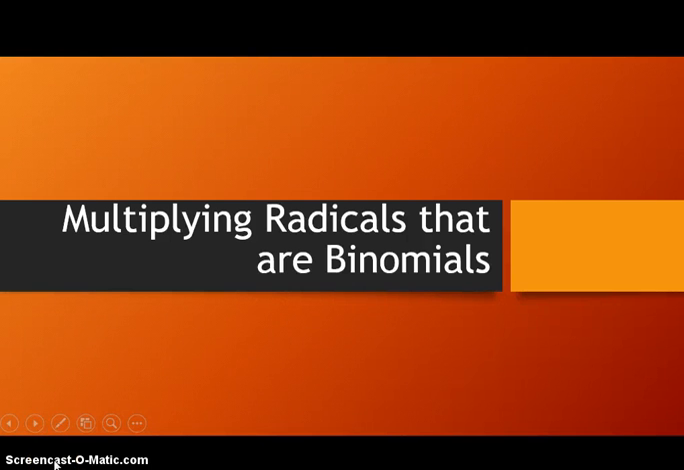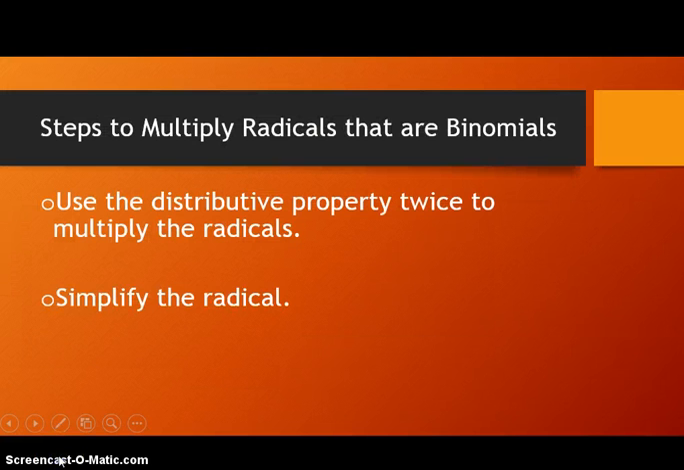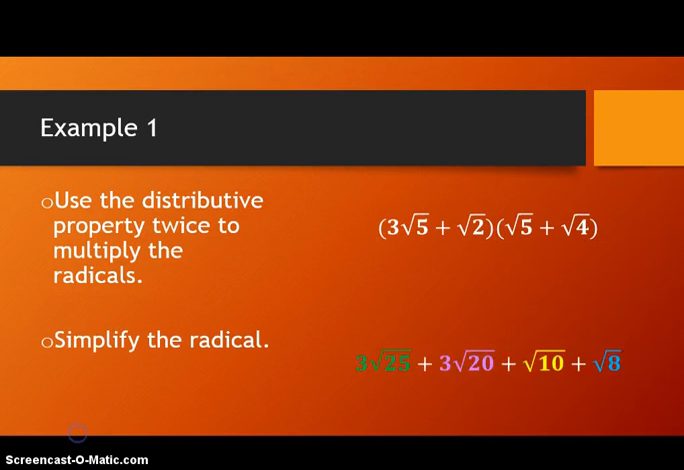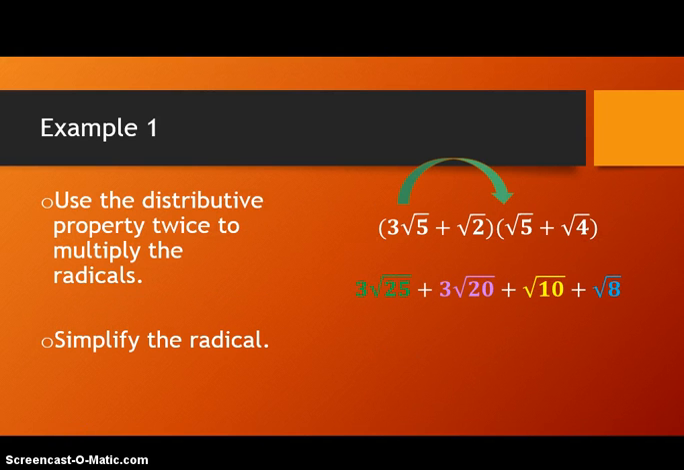Today we're going to multiply radicals that are binomials. The steps for this is to just use the distributive property twice to multiply the radicals and then simplify. So here we're going to do 3 square root of 5 times the square root of 5 first to get